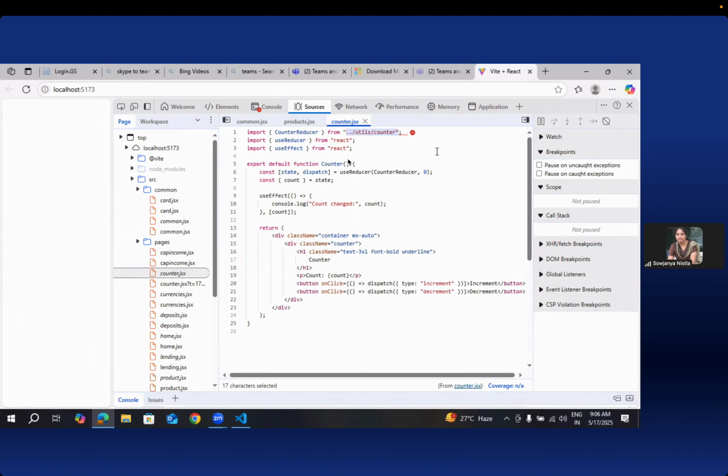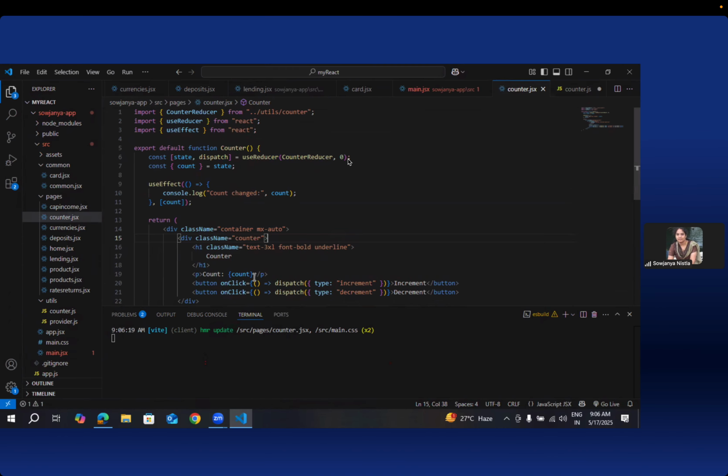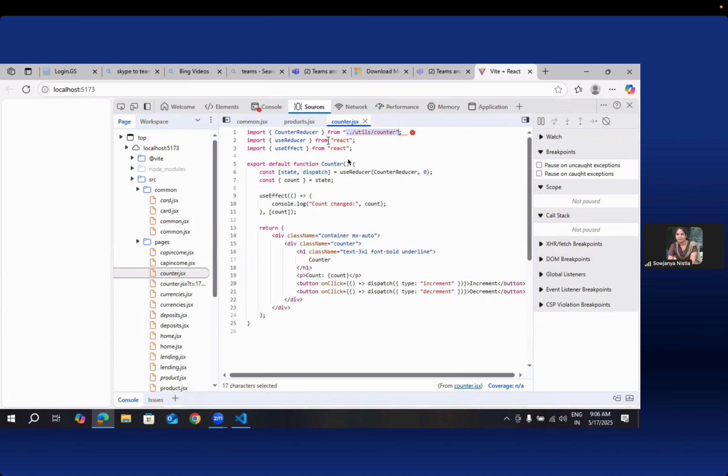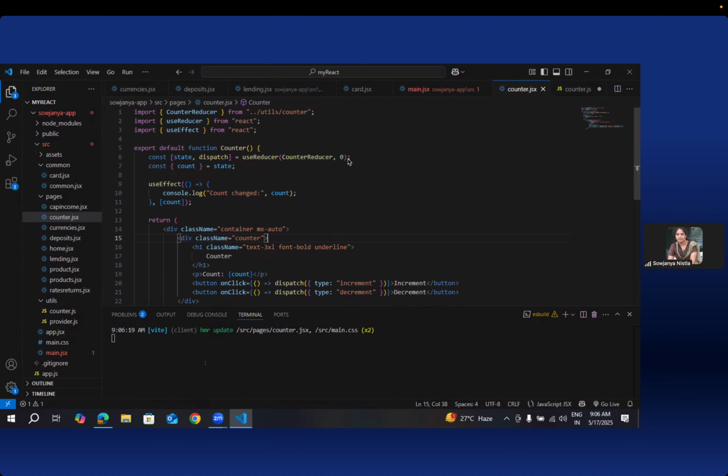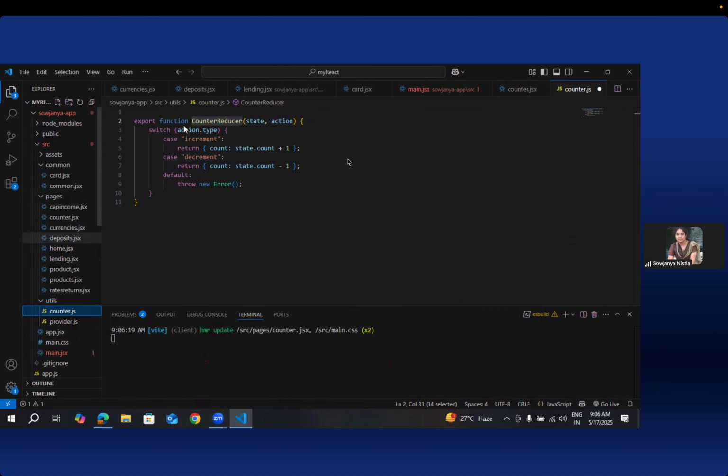Go to the console. Go to the console. Go into the console section. What message is showing here? Okay, you are not using export syntax. You are not using any export syntax, but here